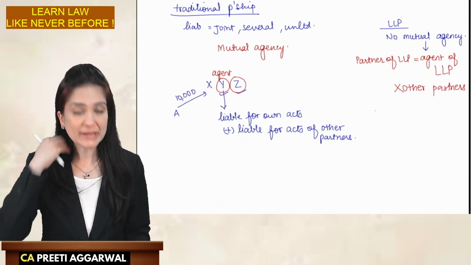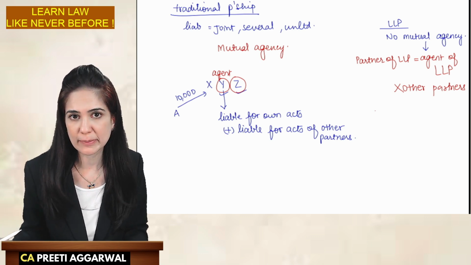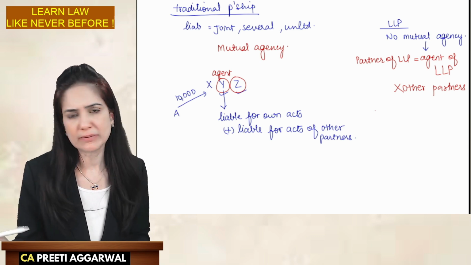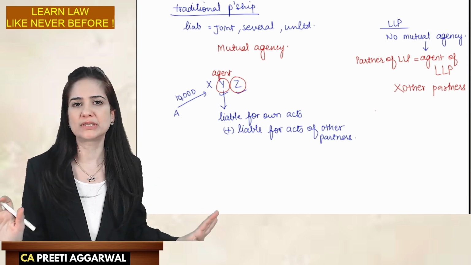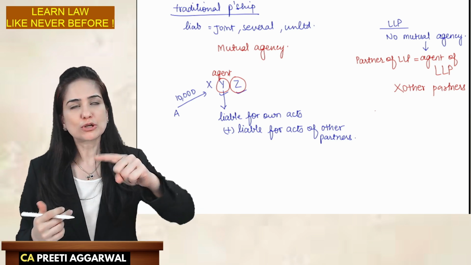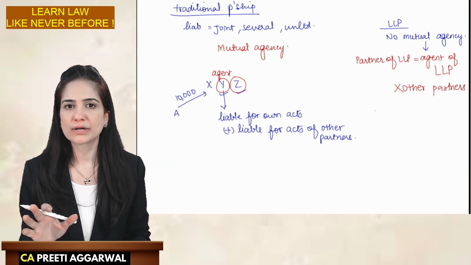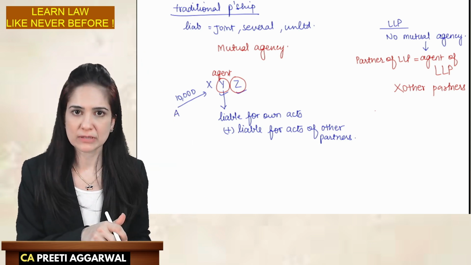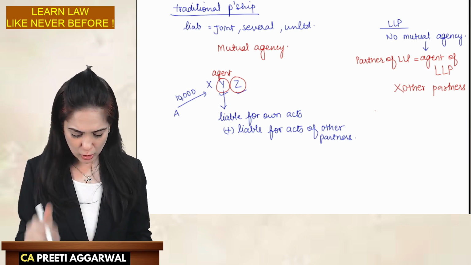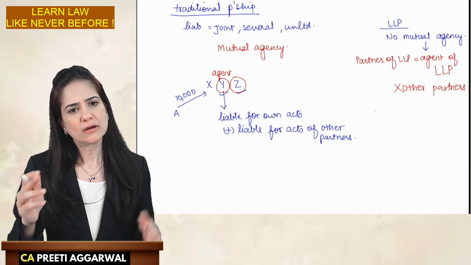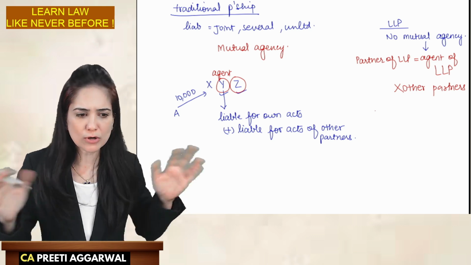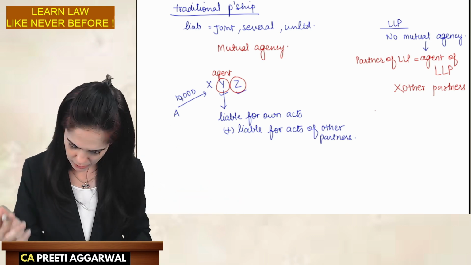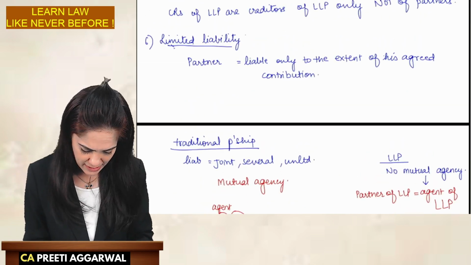So this is the reason why we go for limited liability. Why is liability limited? You should know the logic. Why is it limited? Because there is no mutual agency. I am agent of the LLP. I am not the agent of other partners. So because we are not agent of the other partners, we are liable only to the extent of our capital contribution. We are not liable for their acts. Now, to what extent,